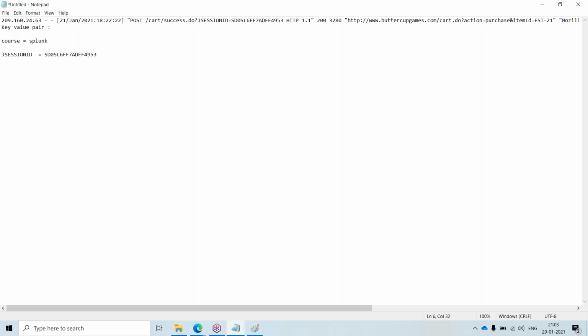Okay, now I have parsed one field. I have created one field called JSession ID. While Splunk is parsing the data based on the source type we select, every log will have one standard. Like access log will have one standard, and